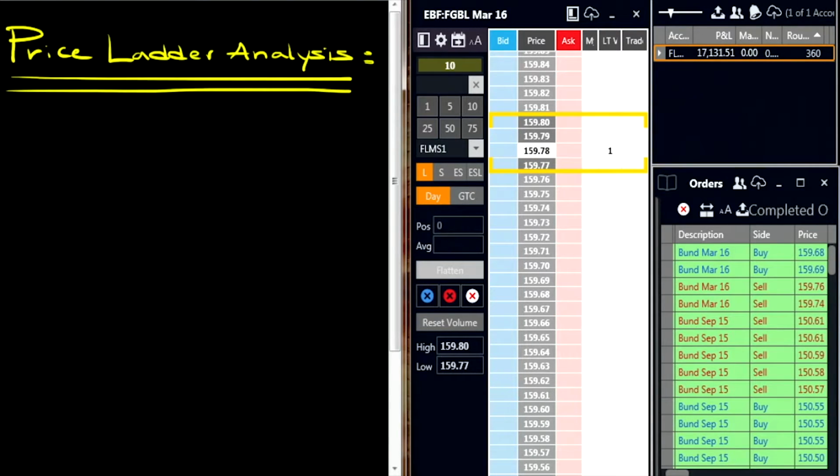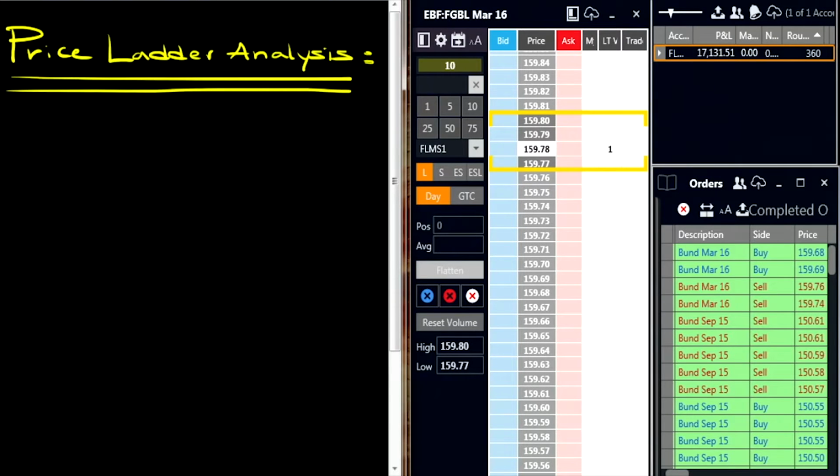First, I'm going to be going through a very short and sweet setup that we saw in the Bund at the beginning of January. And then at the end of the stream, I'm going to be making quite an exciting announcement. I think for those of you that have been following this development, you probably know what I'm talking about by now. I'm making a little bit of an announcement at the end, so just stay tuned for that